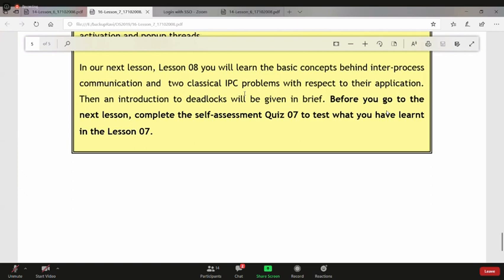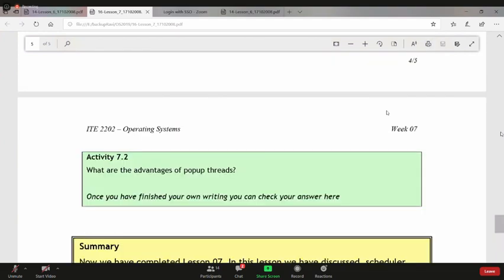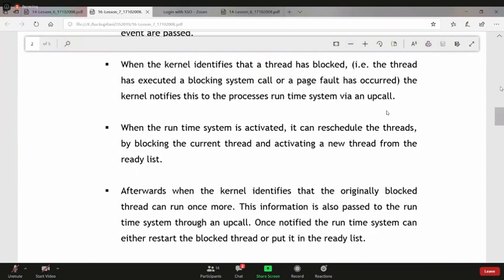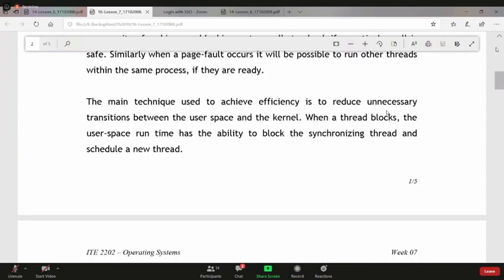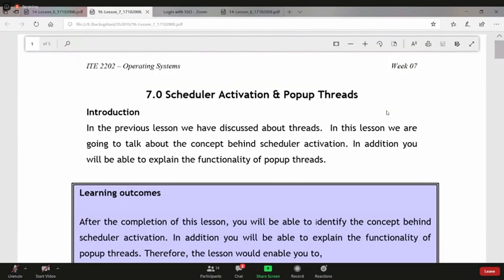I think it's better to be familiar with these concepts first, because for inter-process communication, we have to talk about deadlock and those things. Since we have learned a few new terms, I think it's better for you to go through the previous lessons and get familiar with the terms. All right. Yes, sir. So for today, we'll stop here. Okay, sir. Right. So we'll see